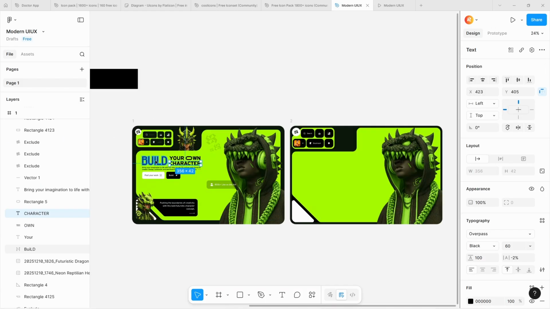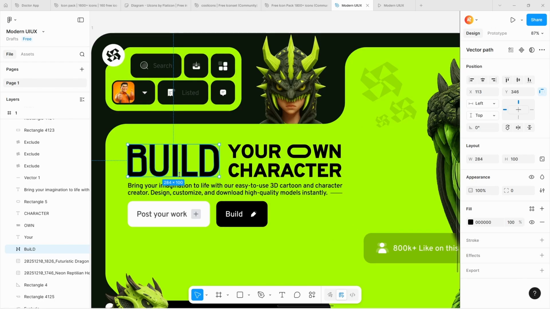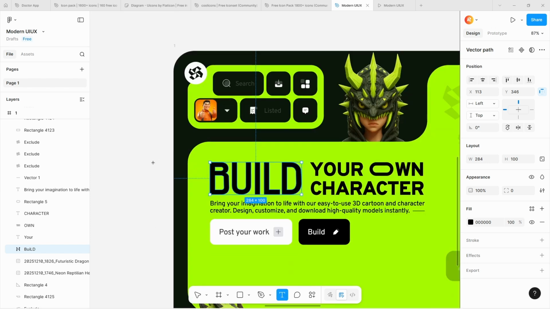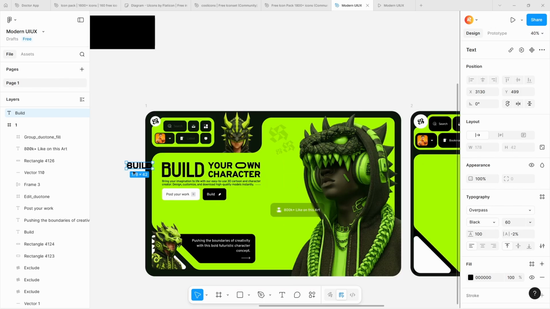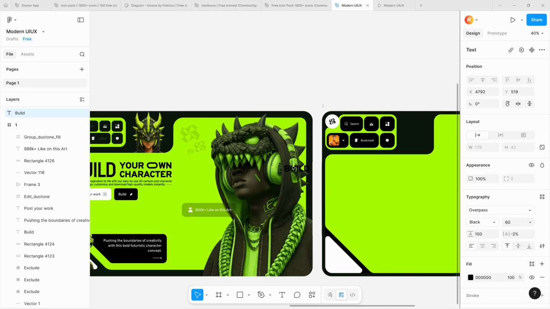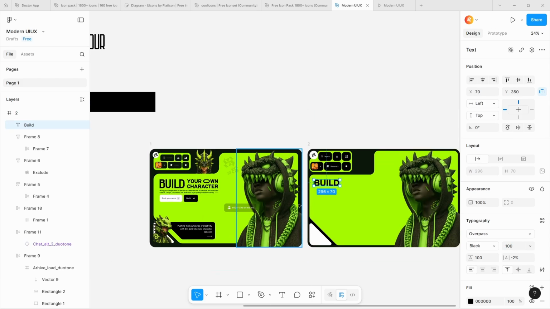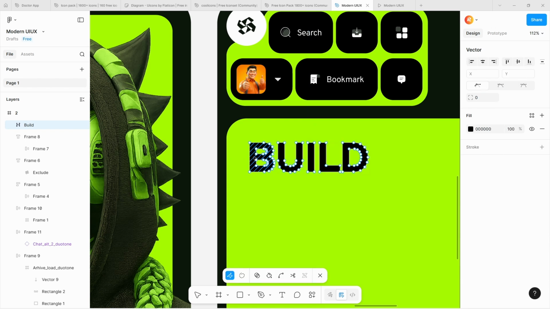Now we are creating this type of text. Here, basically, this is the title and this is the subtitle. So now we are creating a title here. For the title, just type build, and set 100 pixel as the font value, and go to flatten, double click and